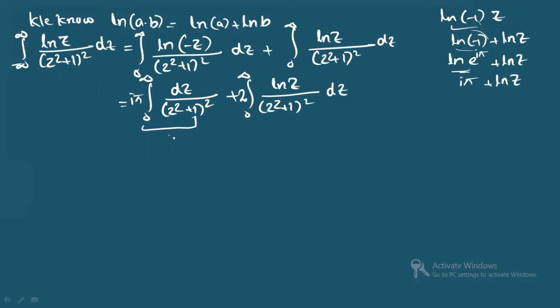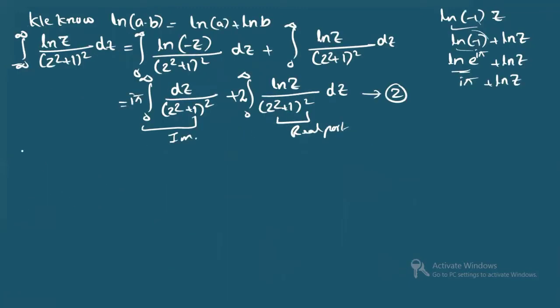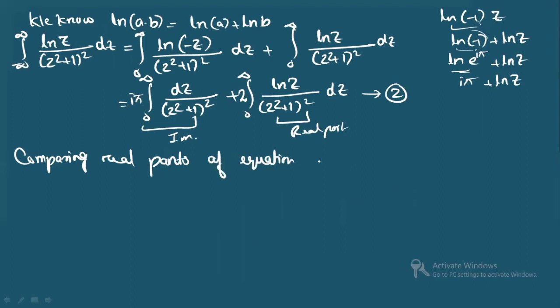Clear? Now you see this is the imaginary part. This is the real part. This I'm considering to be equation 2. The previous one I'm considering to be equation 1. Now when you compare equation 1 and equation 2, when you compare the real parts of equation 1 and equation 2, what you will